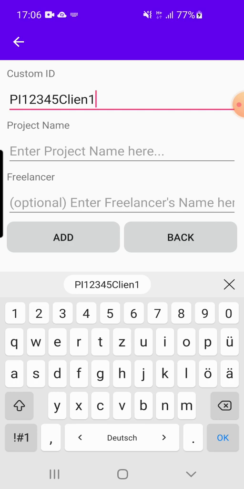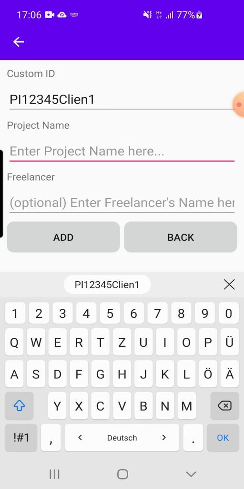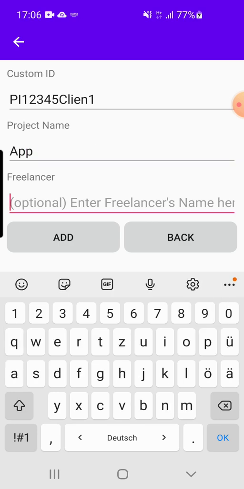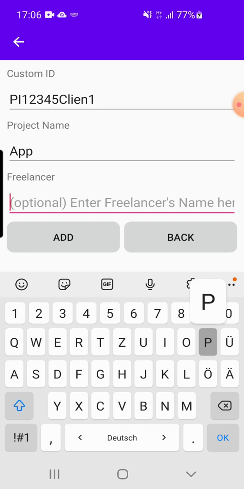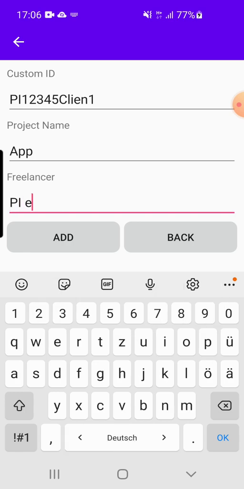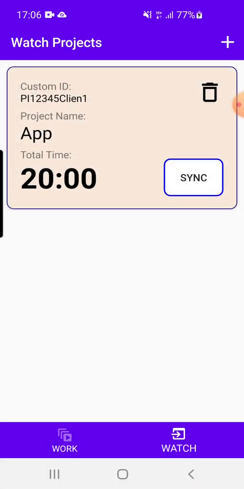He puts your ID, enters the name of the project, and maybe the name of the freelancer. And now he adds the project. And now the client gets the information you already sent to the database. It means